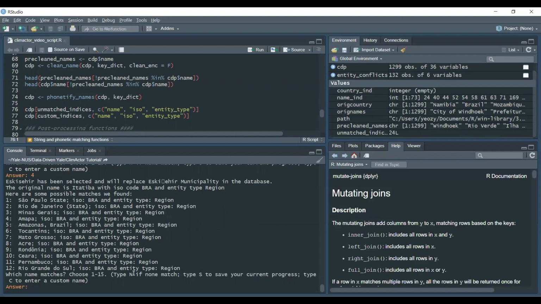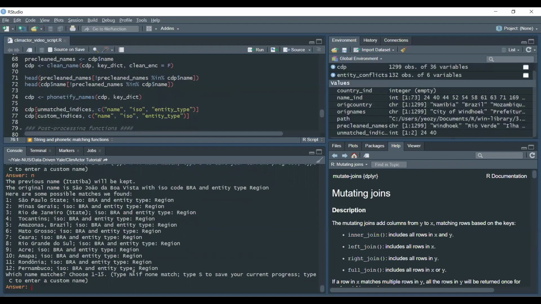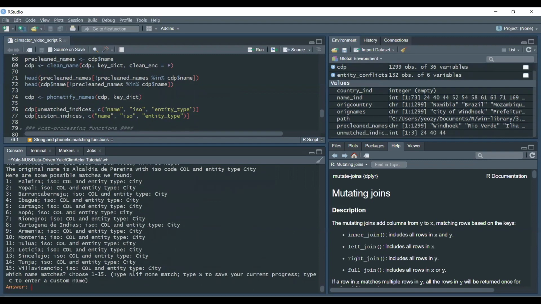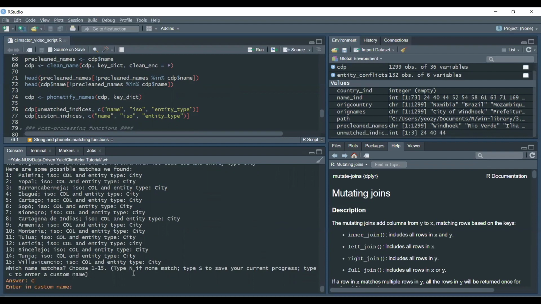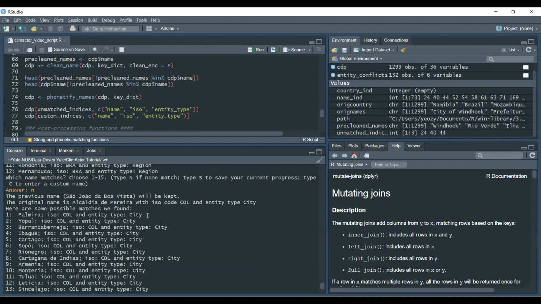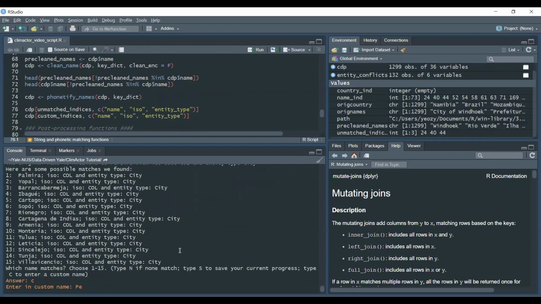And then in this case, again, there is no match. We will just clean a few names so that we can get a sense of what the flow of this function is like. And in this case, we see that actually there is no exact match, but we can input a custom name. So if we just input the name Pereira,